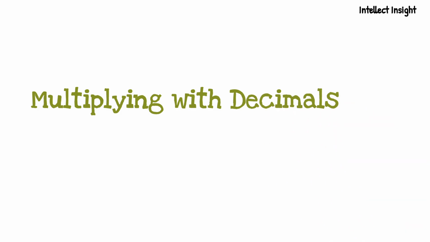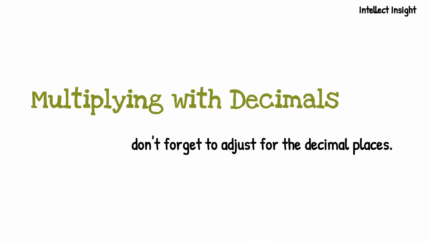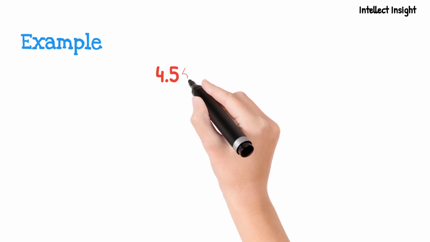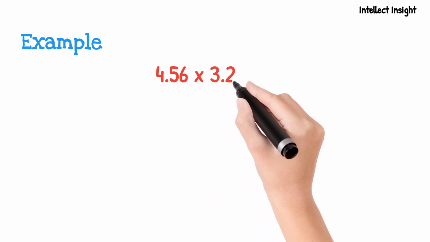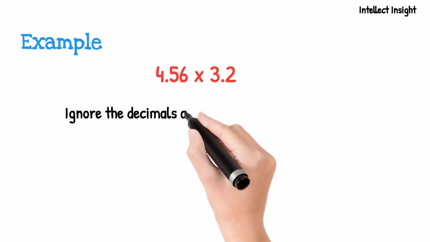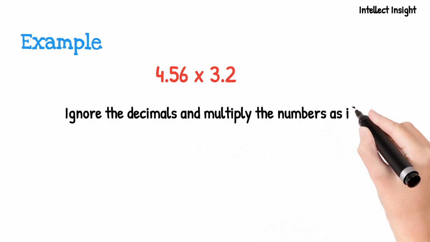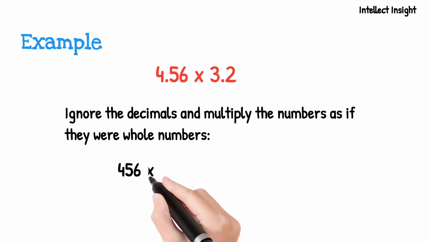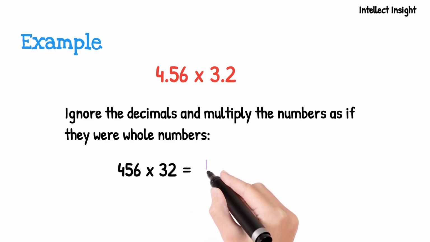Multiplying with decimals is just as easy as regular multiplication. Just don't forget to adjust for the decimal places. Let's say we want to multiply 4.56 by 3.2. First, ignore the decimals and multiply the numbers as if they were whole numbers. So 456 cross 32 is equal to